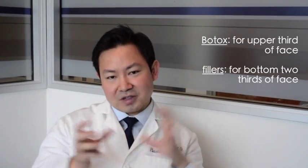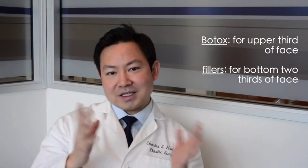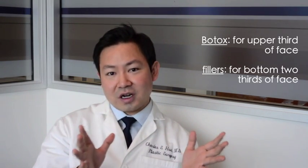So I'd say that in my practice, typically people come to me asking for Botox for a couple of different reasons. Generally, it's for signs of facial aging. There's really a variety of different things that Botox can treat, but most people are using it for facial aging. Specifically, the most common reason is people who want improvement in the upper third of the face. This is classically where Botox is typically used, as opposed to fillers, which classically are used in the lower two thirds of the face. Now, these are all tools really, and plastic surgeons can tailor these tools for every individual face, but in general that's a framework, at least when I think about how I decide which agent is